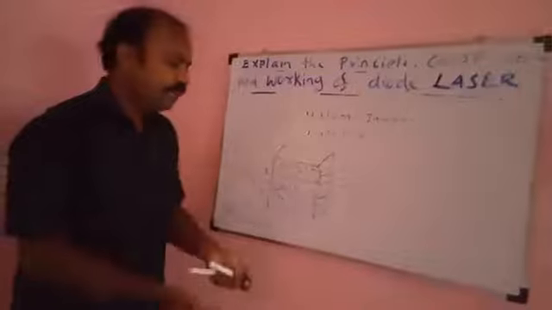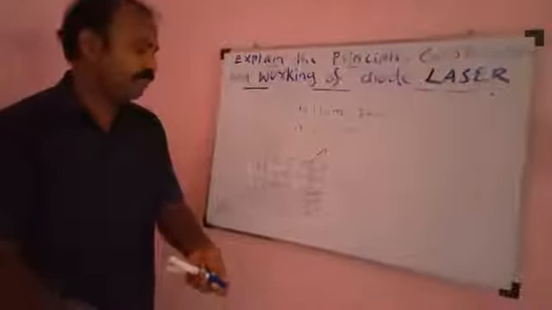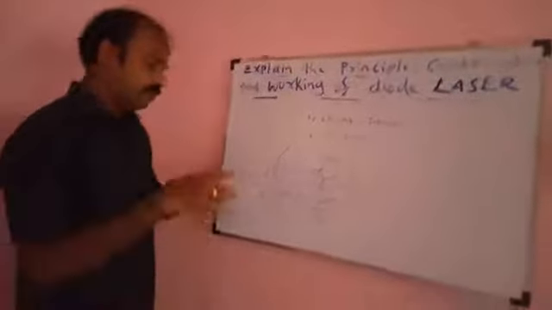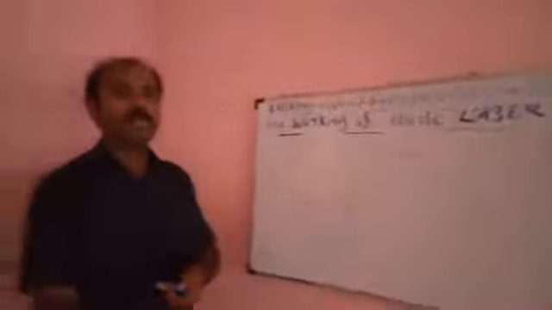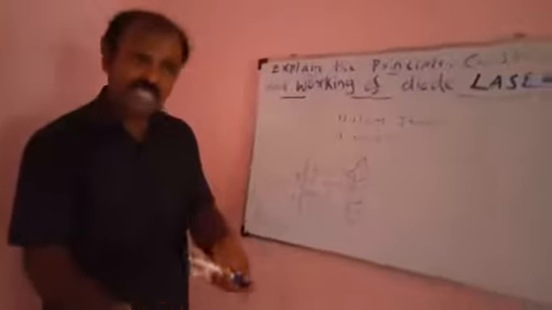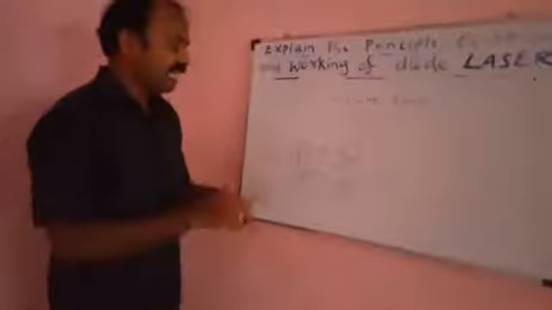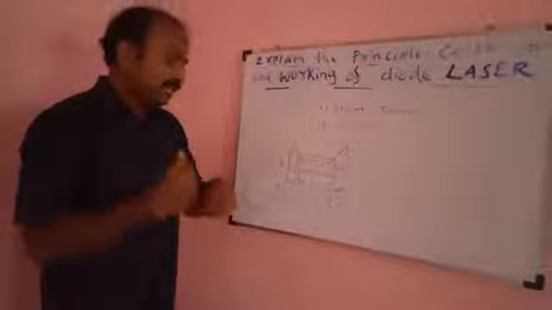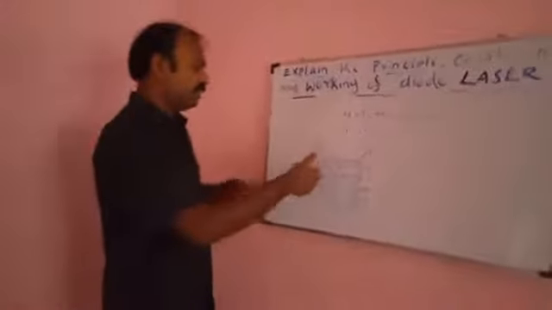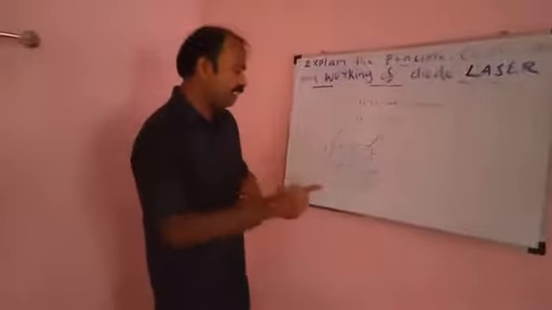After achieving population inversion, there is emission of photons, the primary photon. That primary photon stimulates further emission of photons. As a result, a large amount of photons come out from this junction